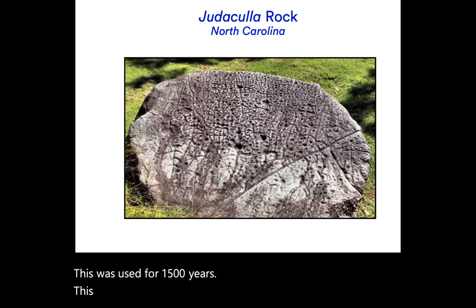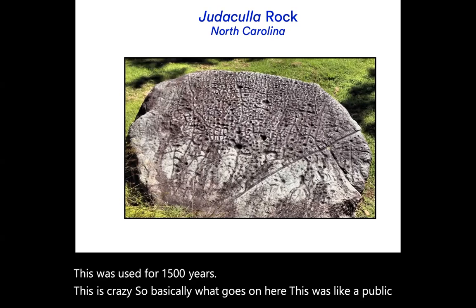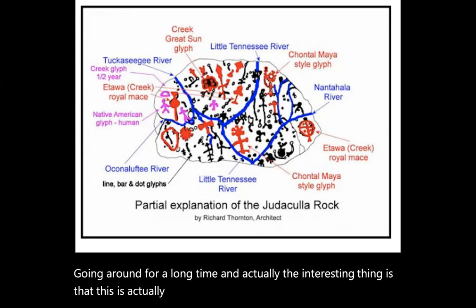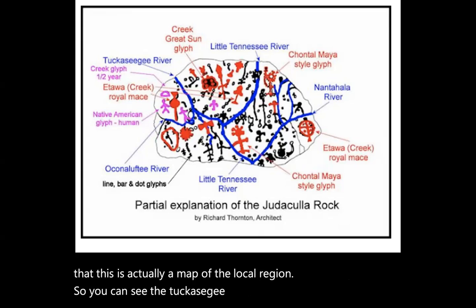This is crazy. So basically this was like a public recording sign. Check this out. If we look at a few things here, you can see this was going around for a long time. And the interesting thing is that this is actually a map of the local region. You can see the Tuckasegee River here. You can see the Little Tennessee, the Nantahala,